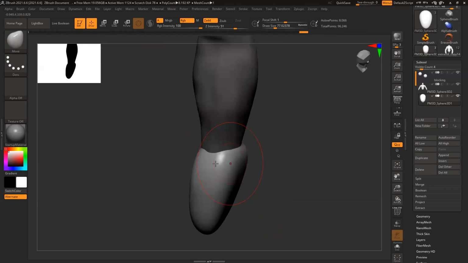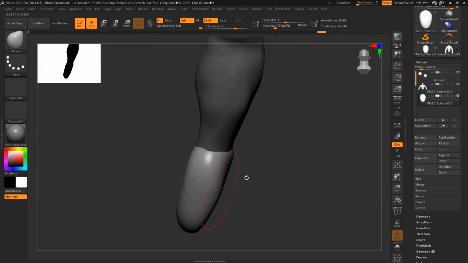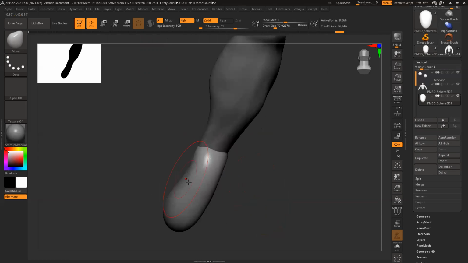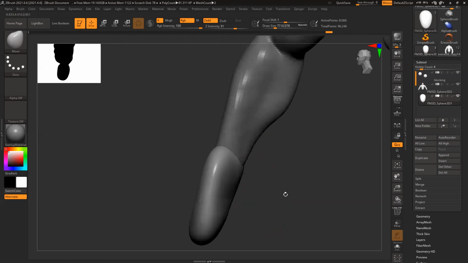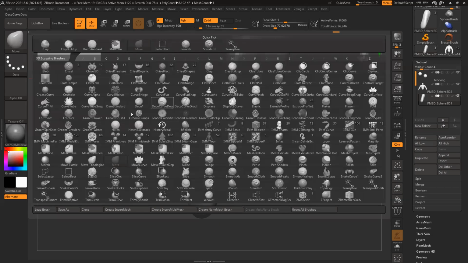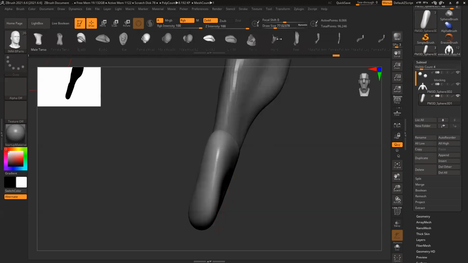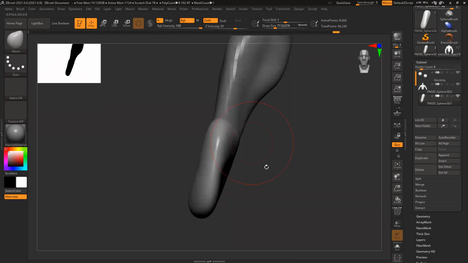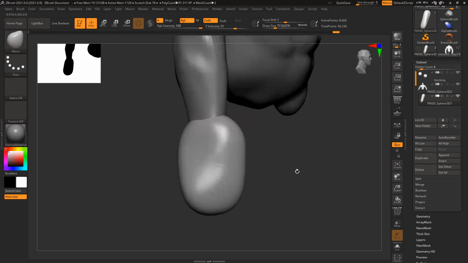So I place this spherical shape here. We can use this, or in this also, if you want, you can use this hand also. Okay, so I have this shape.